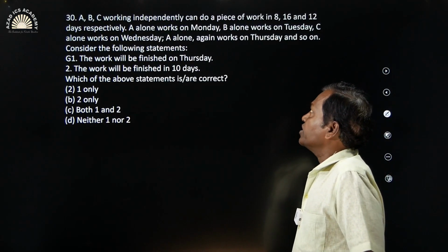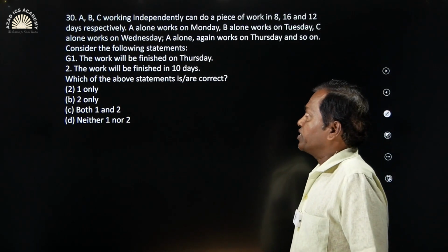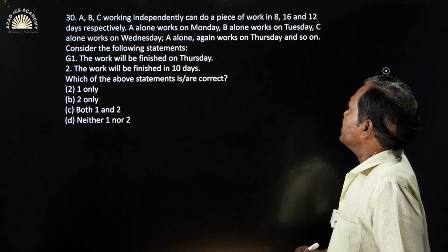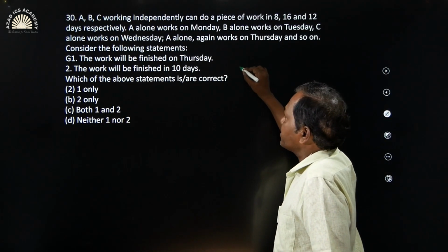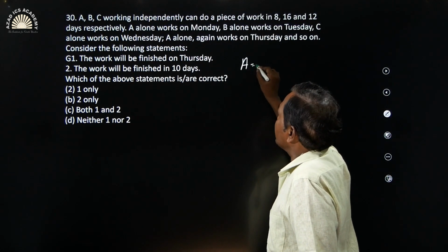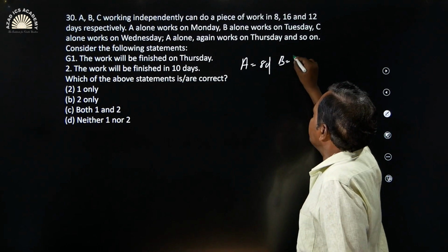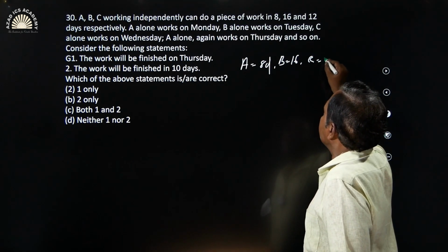A, B, C working independently can do a piece of work in 8, 16 and 12 days respectively. See, this is the time and work. This question is from time and work. A alone can do the work in 8 days, and B alone in 16 days, and C alone can do it in 12 days